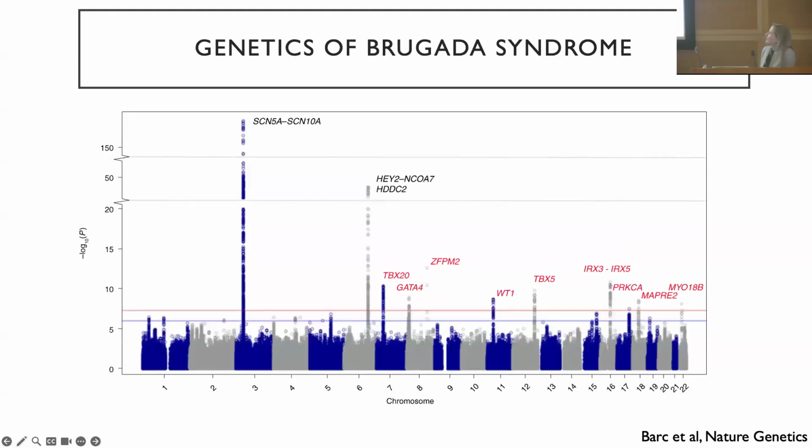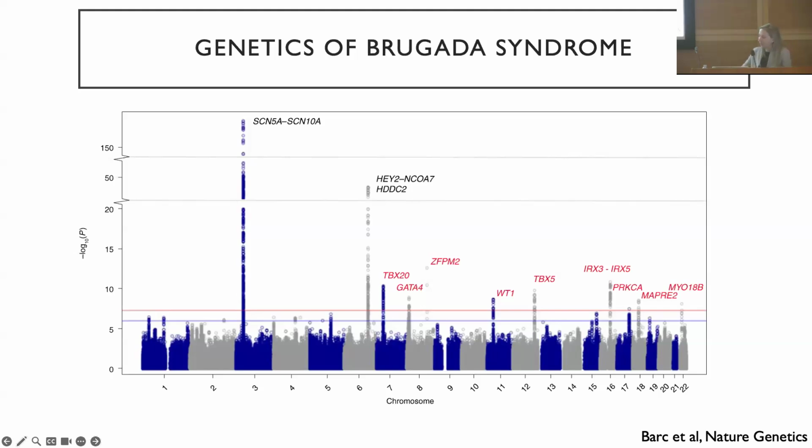Brugada, on the other hand, is a little bit of a mess. So these are data taken from a Nature Genetics GWAS of Brugada syndrome. And you can see SCN5A is the most common gene that comes out. But there's at least 10 other genes that contribute to Brugada risk, likely in a polygenic setting. This is very difficult to model in the mouse, if not impossible. It's really hard to give a mouse this complex genetic background. Whereas iPS cells are actually ideally suited to this, because if this is the patient's genetic background, that's going to be the genetic background of the cardiomyocyte you're going to get from that cell.